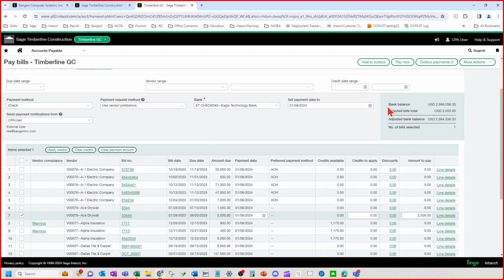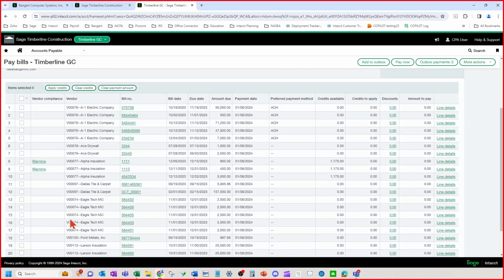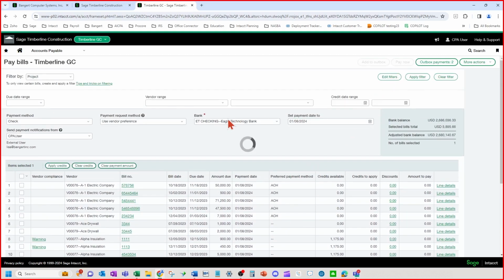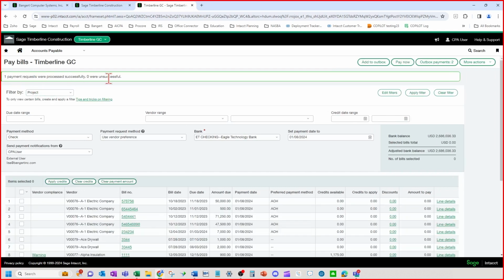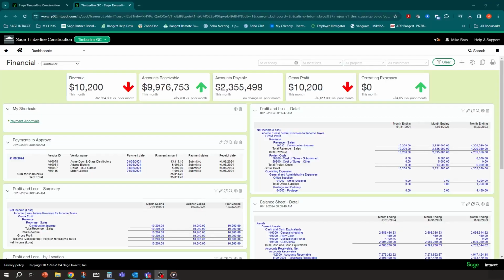Let's try a different one here. All right, so we're going to pick a different one. We had a location mixture there that was not correct. So we're going to pick this guy here. Hit pay. And now this payment request has been initiated and should route to Mike. So we're gonna flip it over to Mike's screen and we're going to show that side and how that workflow goes from there. Great, Lisa, thank you.